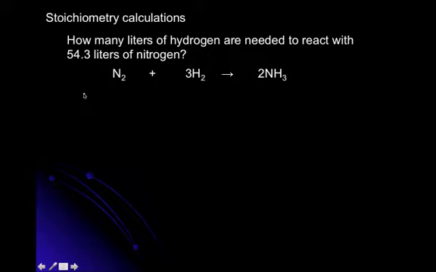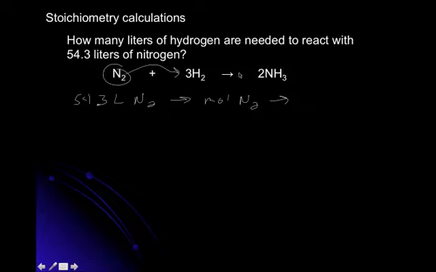So we are going to begin with 54.3 liters of nitrogen. We're going to need to convert that to moles of nitrogen, which we will then convert to, let's see, hydrogen's where we're going. We're going from nitrogen to hydrogen. So then we'll convert to moles of hydrogen, and then we will convert to liters of hydrogen. That's our little process here. So 54.3 liters of nitrogen, and we will